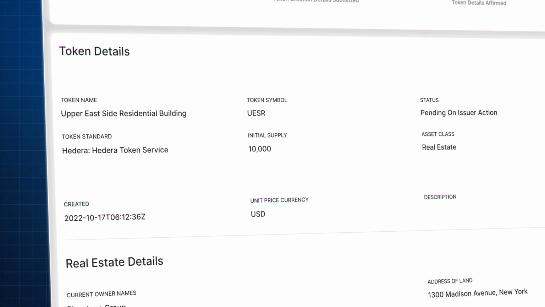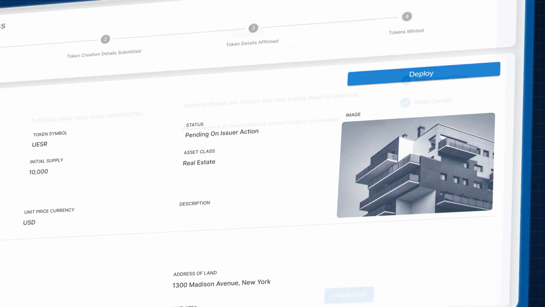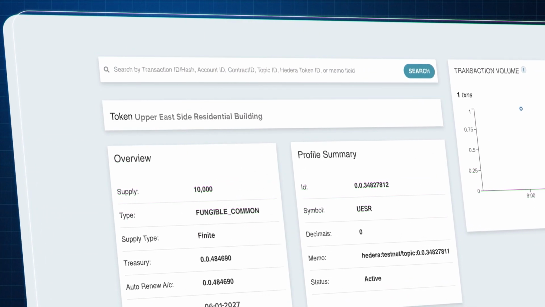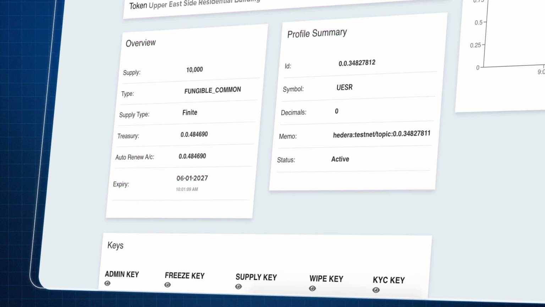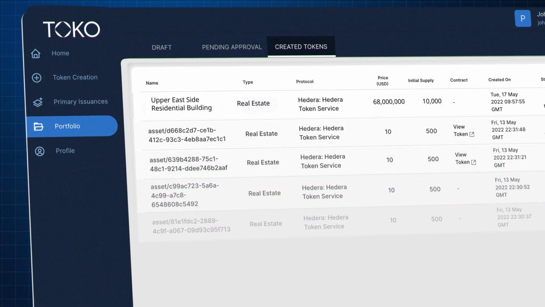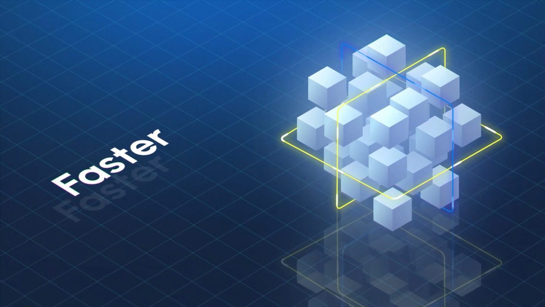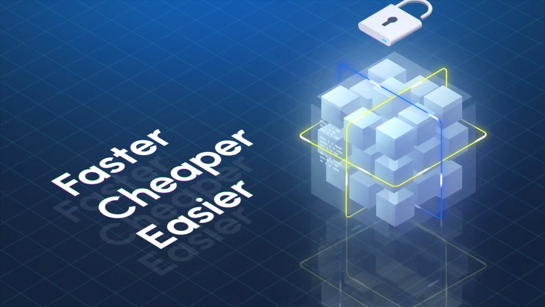To finish, John logs back into his issuer account and gets ready to issue his approved token. Since Zara reviewed and approved it, all that remains is John clicking Deploy, and it's on the public network. To confirm, he uses the transaction state proof to verify the token contract has been deployed on the public network protocol. Now his real estate assets are digitalized in token form, making it faster, cheaper, and easier to fundraise outside